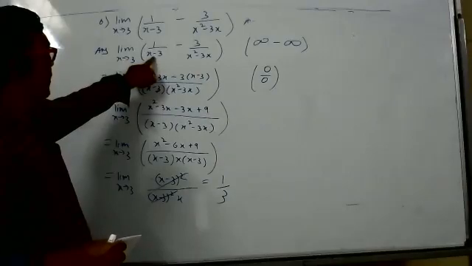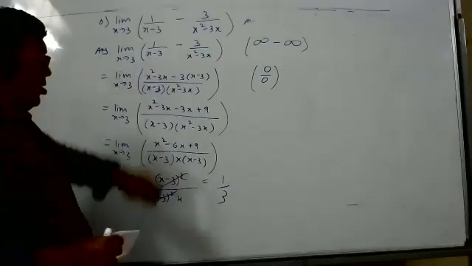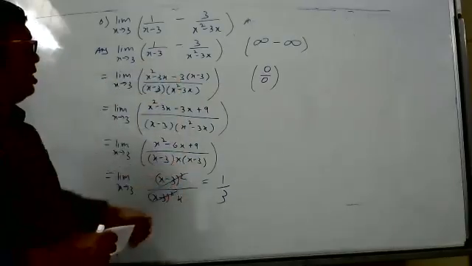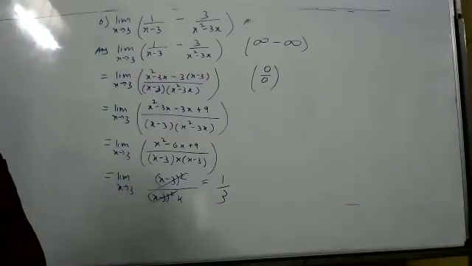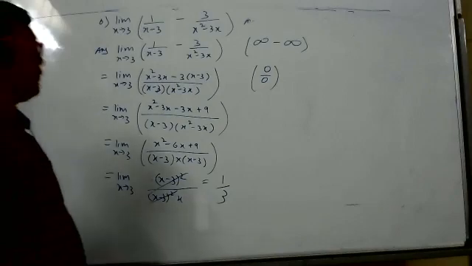Sir, instead, in the second step, before taking the LCM, we can take x common in the denominator of the second term and make it x into x minus 3, since 3 by x square minus 3x is x into x minus 3. And then we can take LCM. So the numerator becomes almost the same. So that way also you can do. I hope most of you understood.